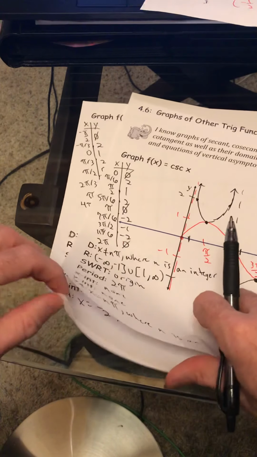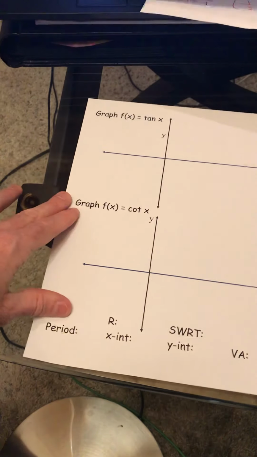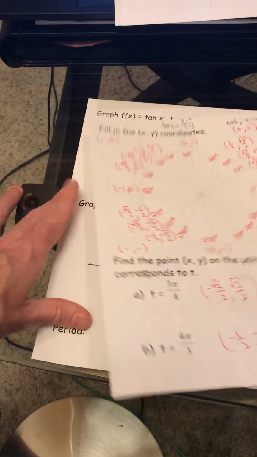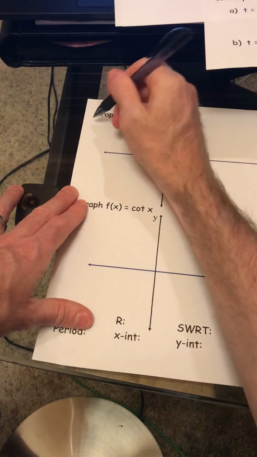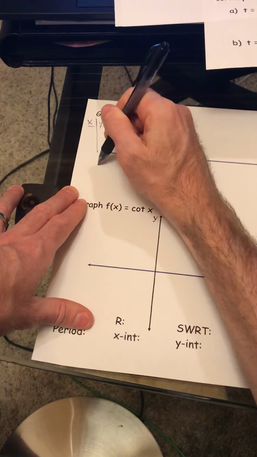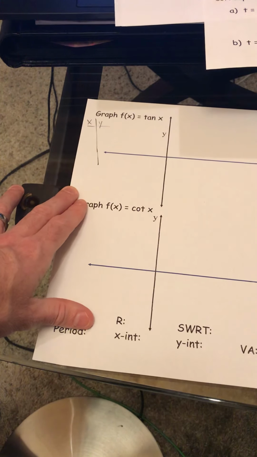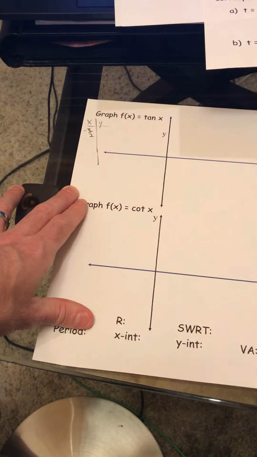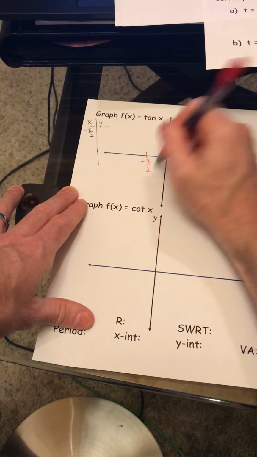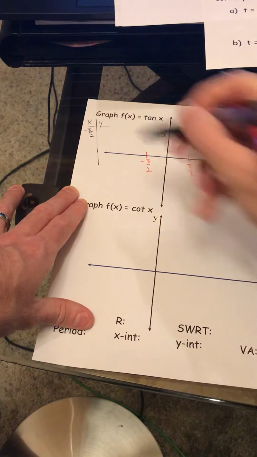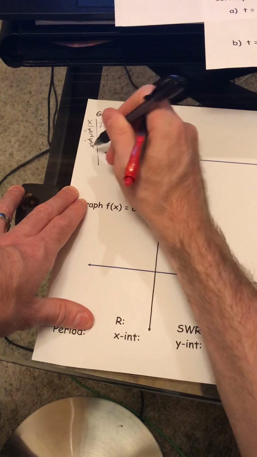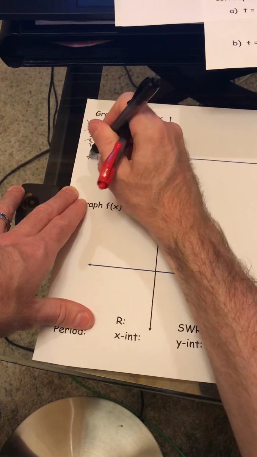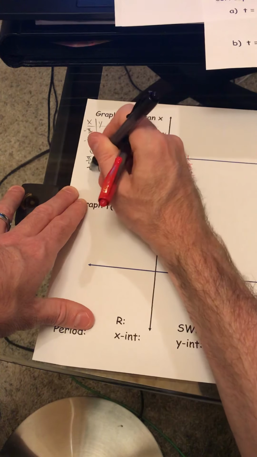So, all right, before we graph cotangent, we're going to come back and talk a little bit about tangent. Tangent is sine over cosine. And so in terms of graphing tangent, I'm going to go all the way back to negative pi over 2, and then in the middle, negative pi over 4, 0, positive pi over 4, pi over 2,